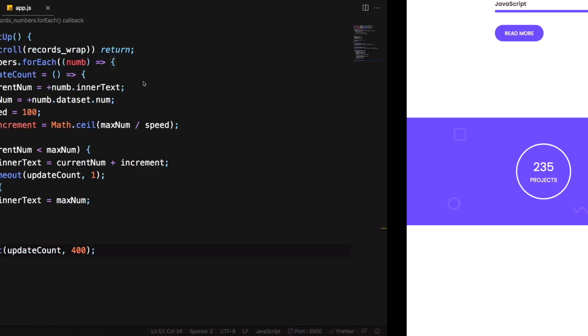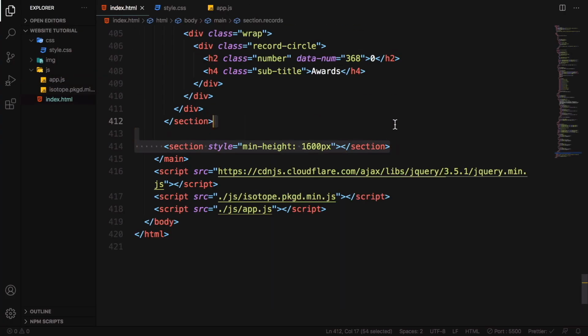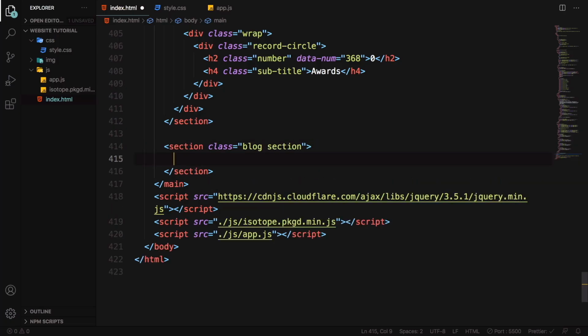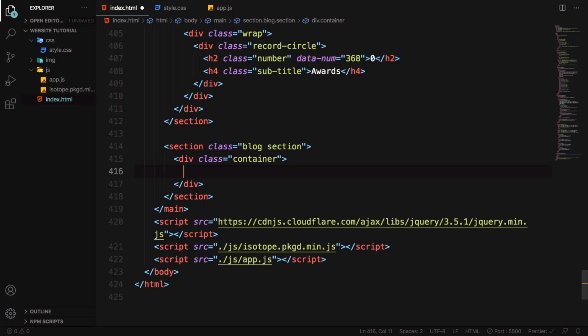So let's go back into our HTML, and underneath the record section tag, we're gonna have another section tag with class of blog. I'm also going to add a second class of section because we want to have some padding in top and bottom. Now I'm gonna open that and add the container div, just like we did with every section before. Then inside of that, we're gonna first have the section header div, where we're gonna have the title